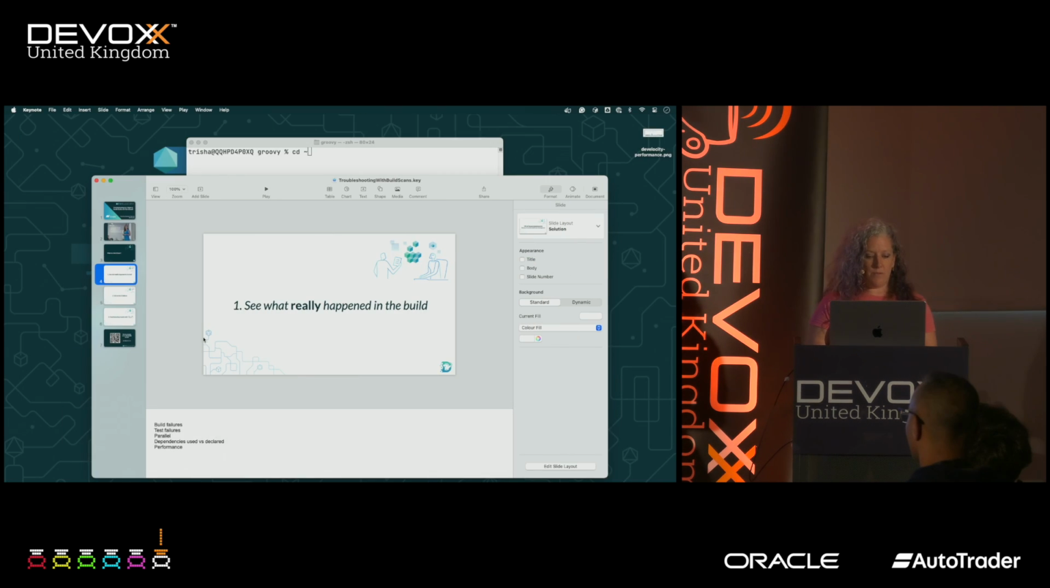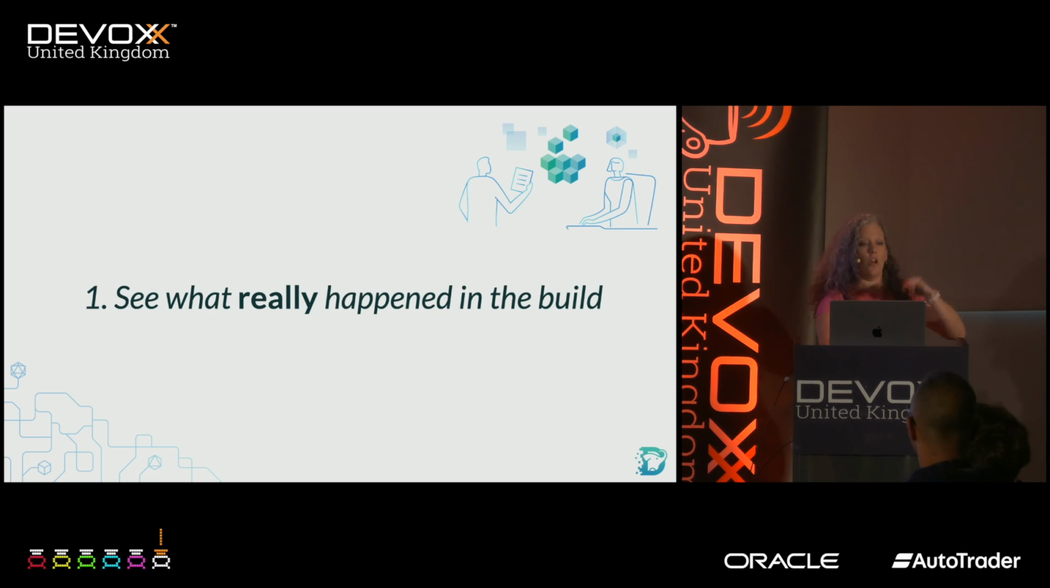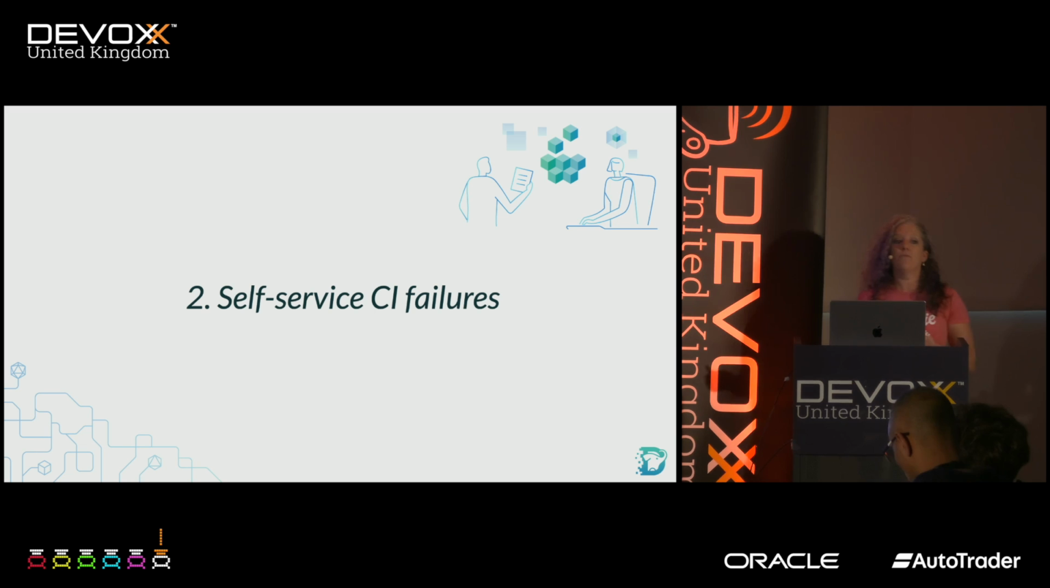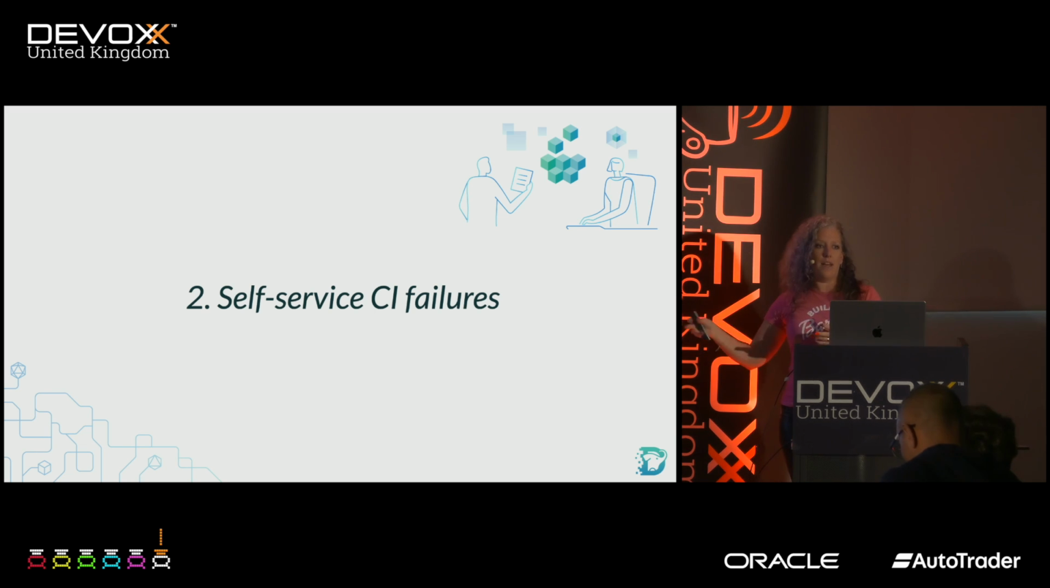So it's helpful for seeing what really happened in the build. Now, I think that's really helpful for local builds. What I think is really helpful for is looking at what happened in CI. So if you have this enabled in a CI environment, for example, then you as a developer don't have to